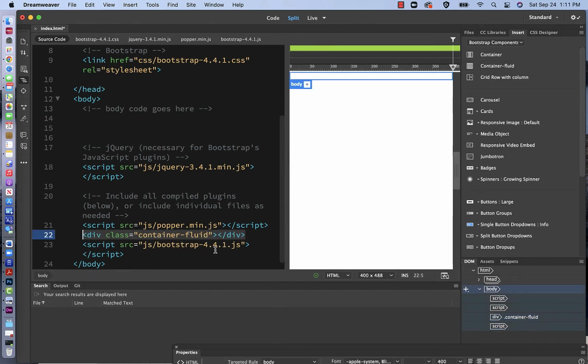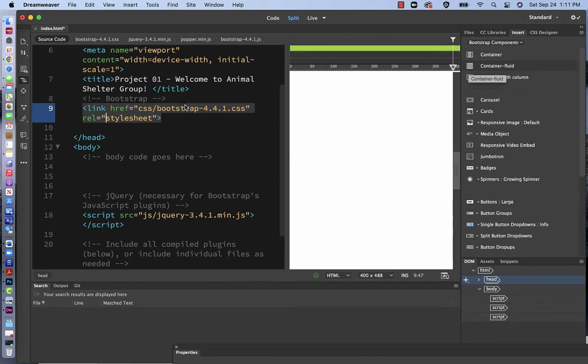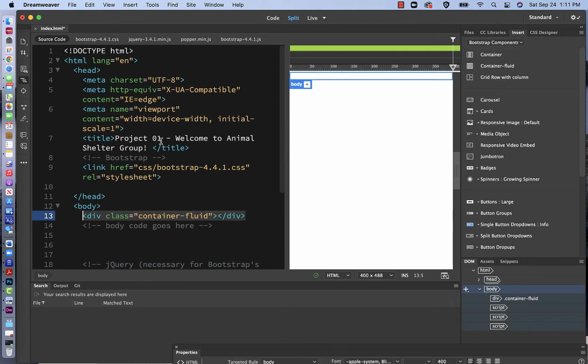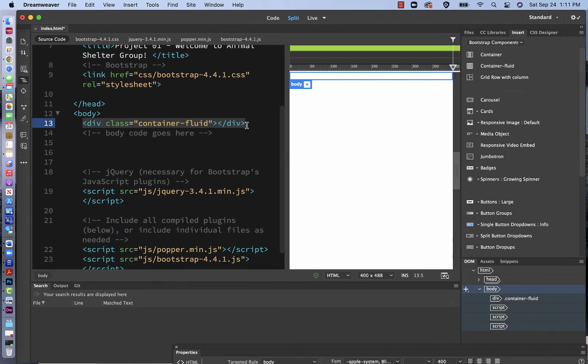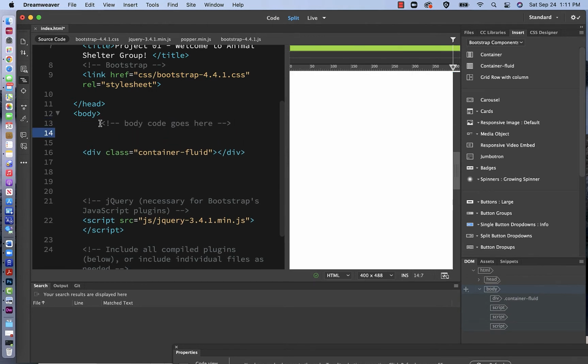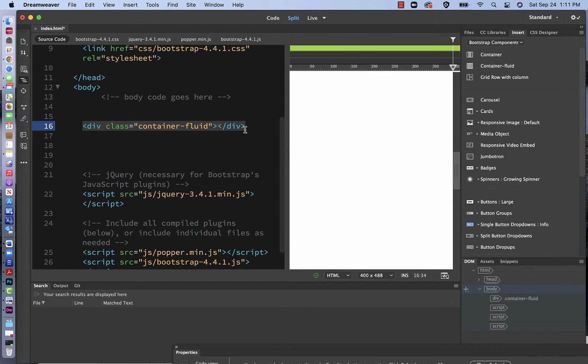And sometimes it moves it down, so I'm going to not do that. Let's see here, I'll try it again. There you go. I'm going to move up, right here. There we go. And actually I want the code to be above it, so I can Command X or Control X. But as you can see, this closing div tag just automatically closes the div tag, whereas I need this tag,